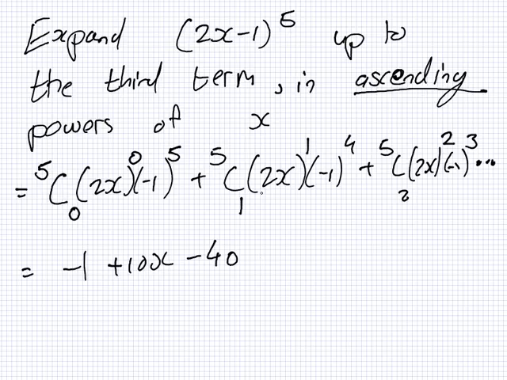You're not multiplying by the 2. 5C1 is 5. My bad. So the answer is minus 1 plus 10x minus 40x squared. Okay. Got that? The only way this is different in the exam is if they said descending, which means